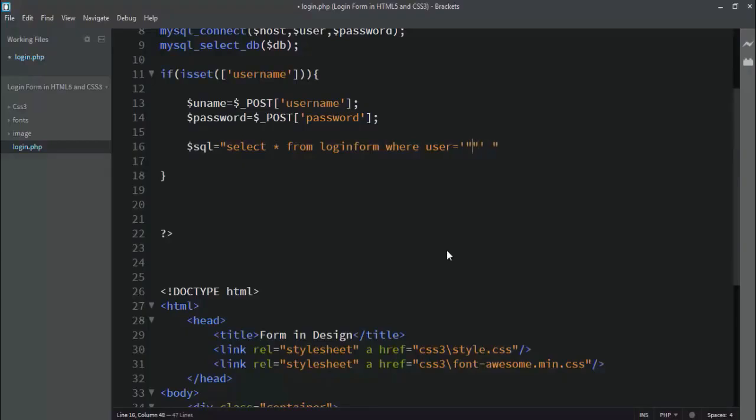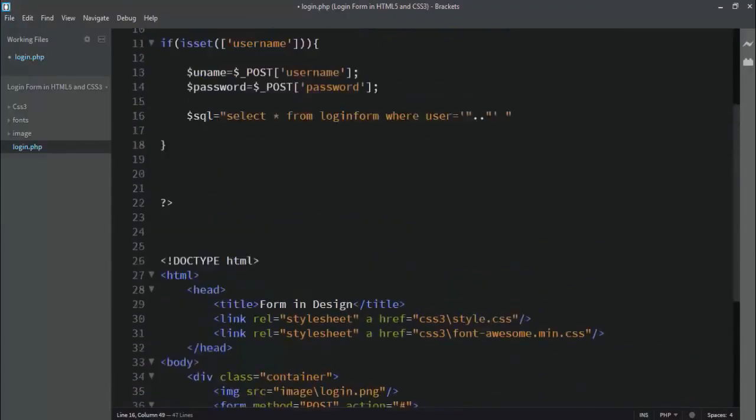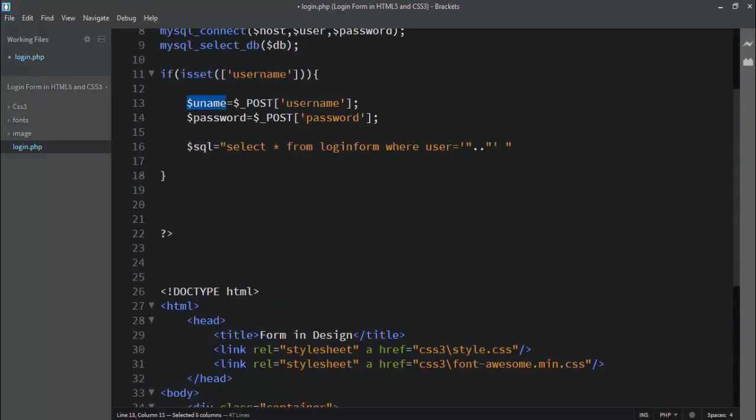We want to write admin, but actually there could be multiple users, so we need to pass this variable name. The method syntax for passing this name, just write user equals to single quotes, double quotes, then dot or period, then the name of the variable where username is fetched, and for verification,